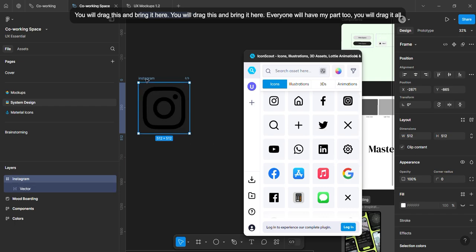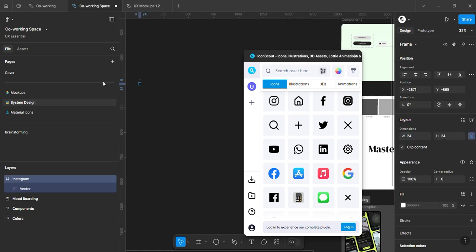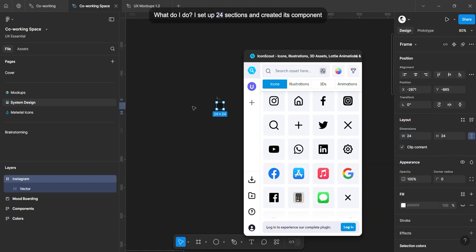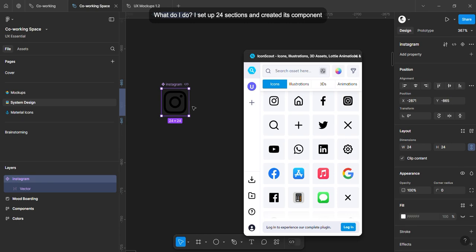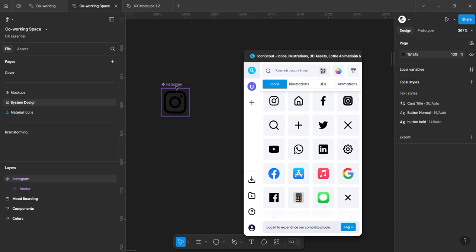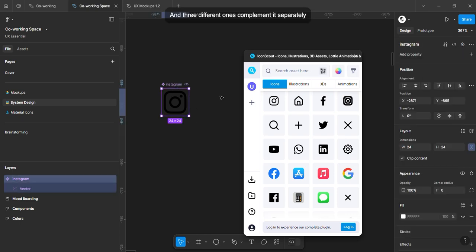सबको तुम ड्रैग करके लेके आओगी। उसका बेसिकली क्या करोगी, उसका साइजिंग सेट करोगी। क्या साइजिंग है इसका, बहुत ज्यादा बड़ा साइजिंग है, मेरे को तो 24 पिक्सल चाहिए। ठीक है, तो मैं क्या करूँगा, 24 पिक्सल सेट कर लिया। अब इसका मैंने कंपोनेंट बना लिया, और 3 अलग अलग कंपोनेंट बना लिए।